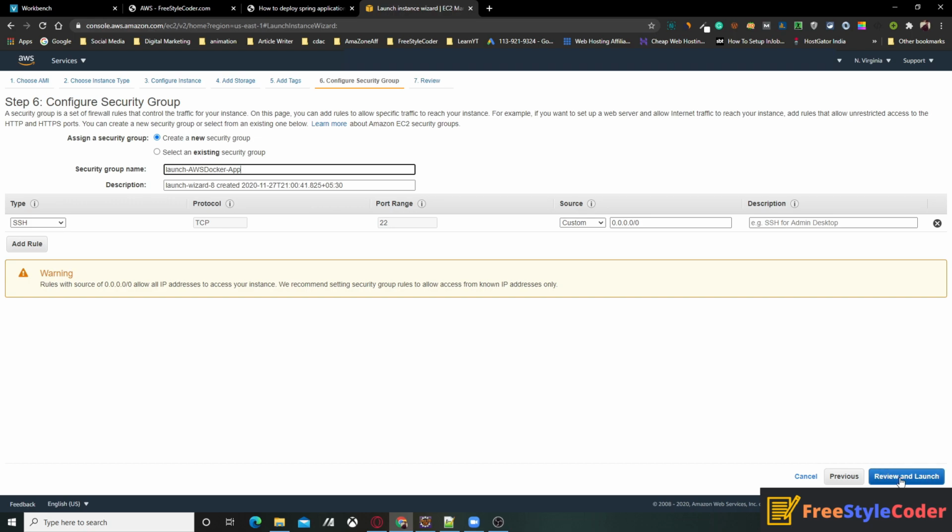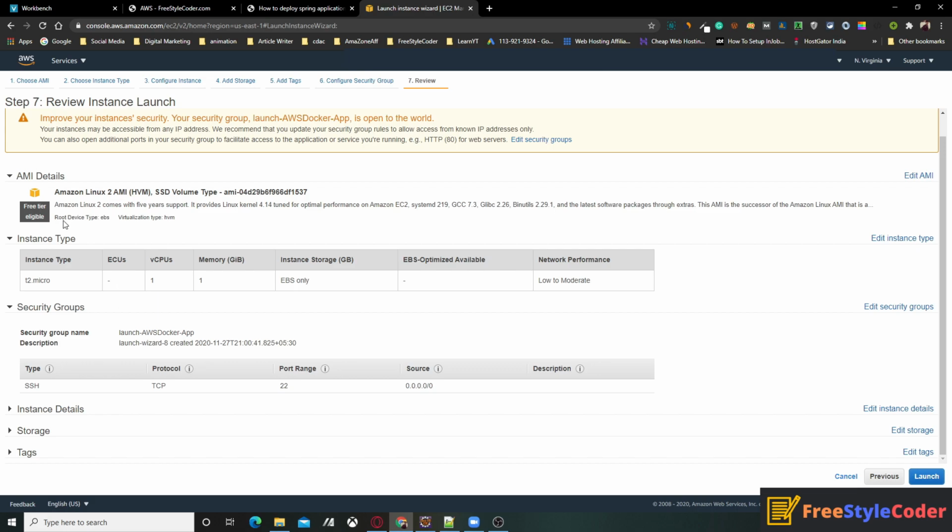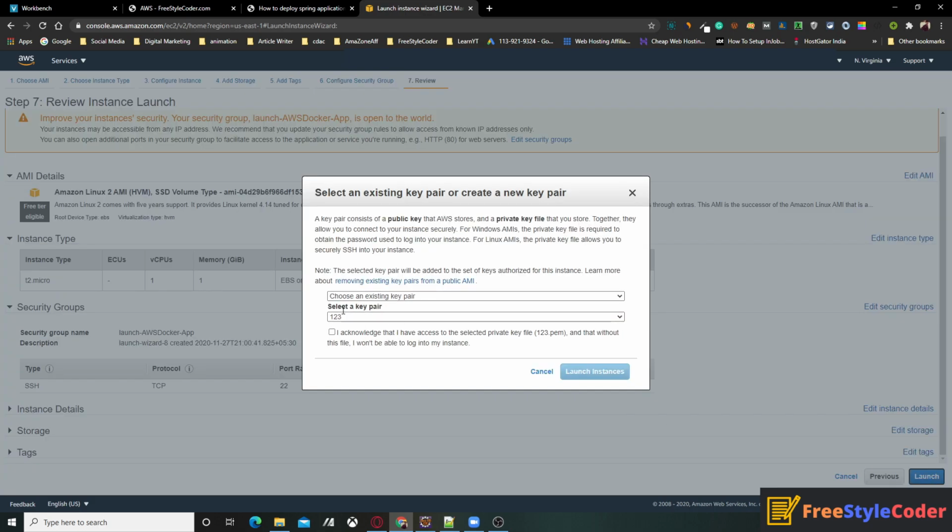So click on the review and launch button. Here you will get all the details about your instance. Then simply click on the launch button. Here it will ask you to choose a key value pair. You can create a new pair or choose an existing pair.